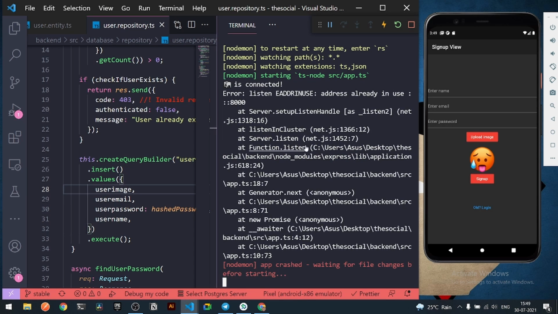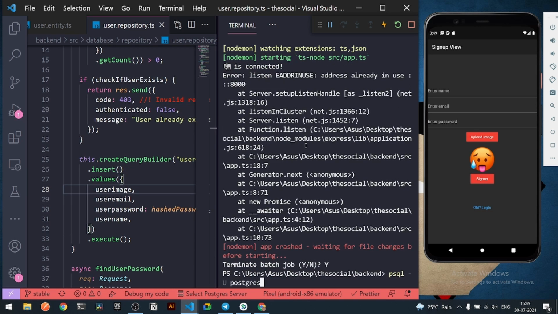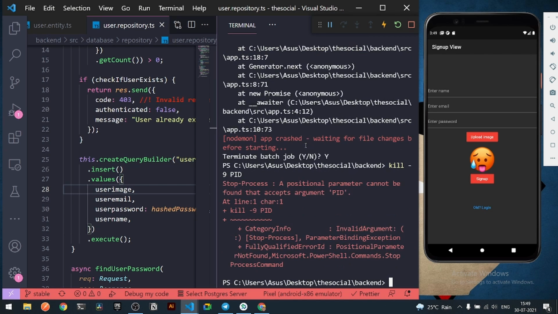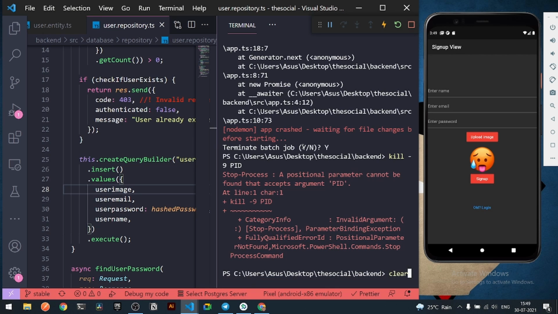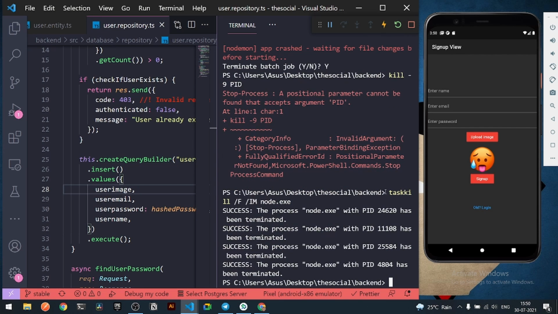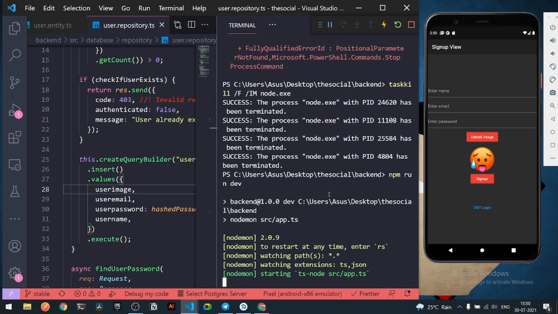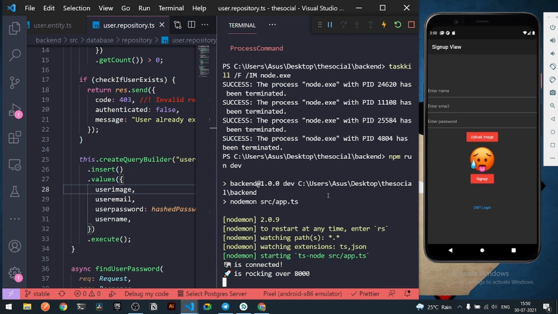Okay, the port is already in use, so we can stop this and use this command to taskkill the entire process: taskkill /f /im node.exe. Then I can say npm run dev. Sometimes, if you are working on multiple projects, your ports might be busy. Here you can see I have got my port running on 8000.